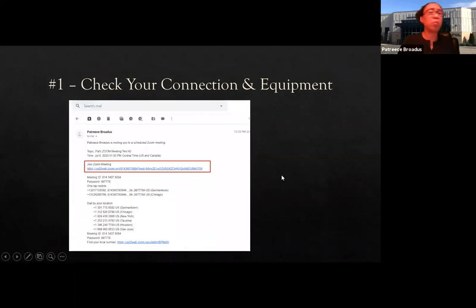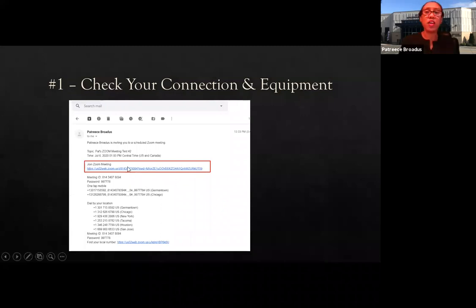So remember, for example, with this invitation, you will receive an invitation from that particular employer in an email. And you see here, this is an example, I think probably similar to the email that you received from us regarding this particular workshop. And you will be given a link. Now, sometimes you might have a password to that link.